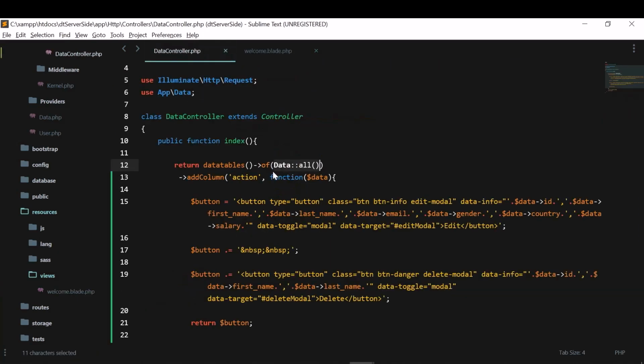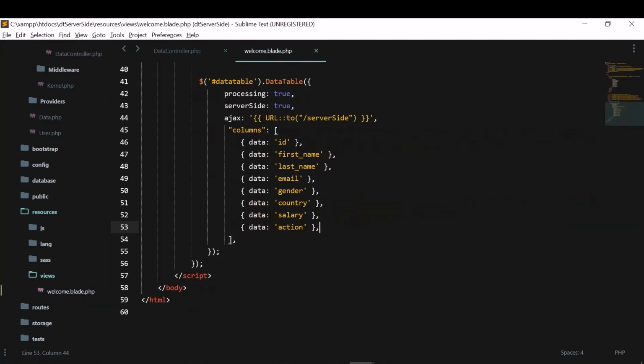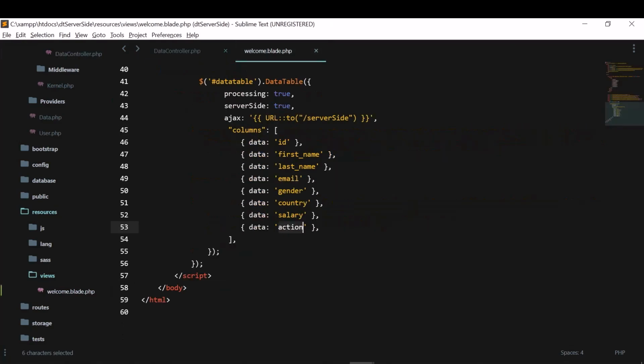In the backend, instead of just calling data all, I have written return data tables and make true, so that for every row, each set of data like ID and first name will be set here. Similarly for actions, we have some extra buttons, so I have kept the buttons here and added raw column action so that it can be placed here.